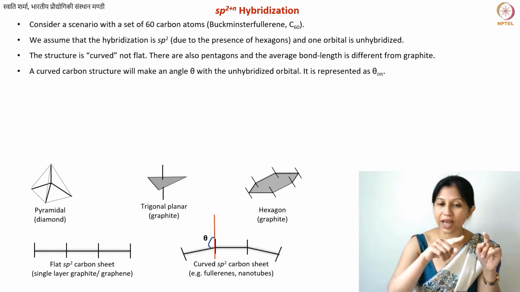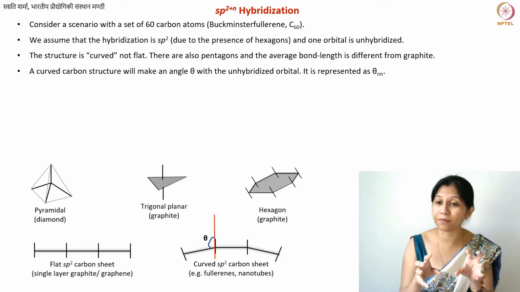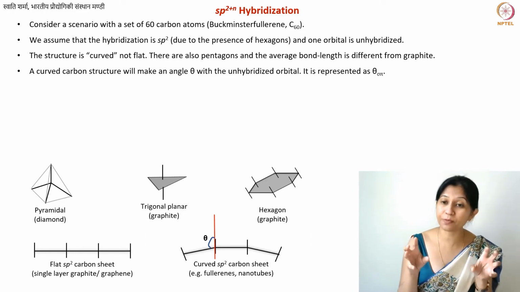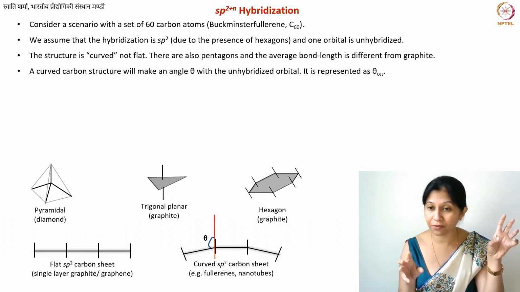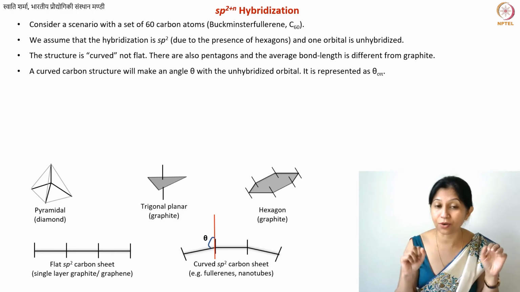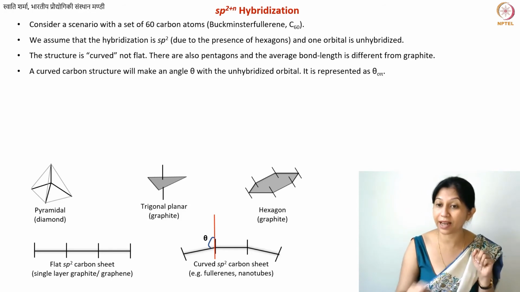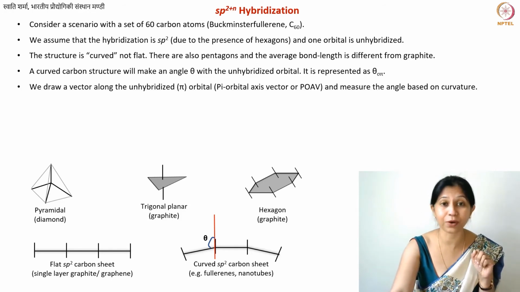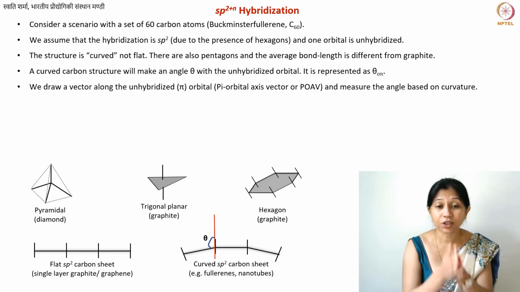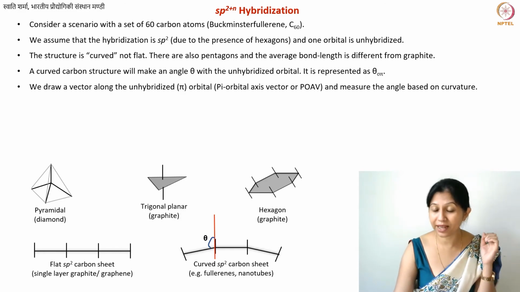So with respect to that, if you calculate the angle theta, that is the angle which must be between 109.5 degrees and 90 degrees, which is the case for graphite. So this angle is now between the geometries of graphite and that of diamond. Okay, fine. So this red line, that vector that I have drawn along the unhybridized p orbital,